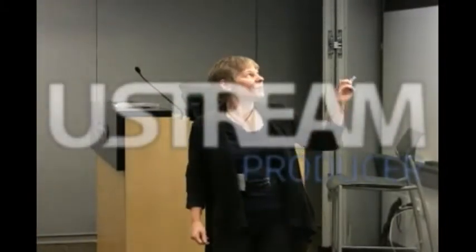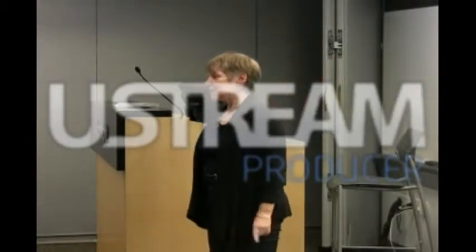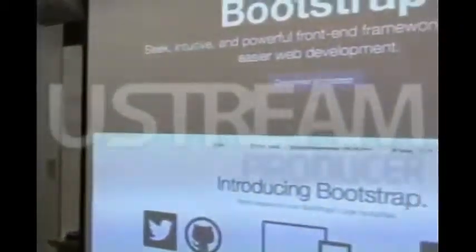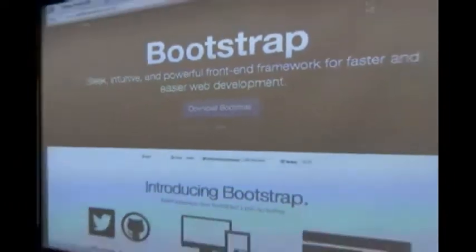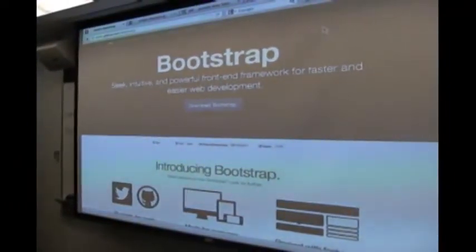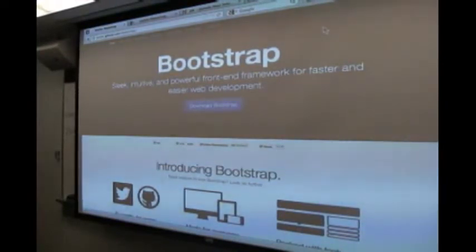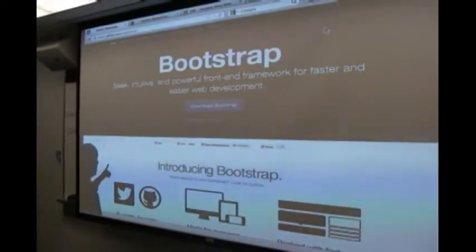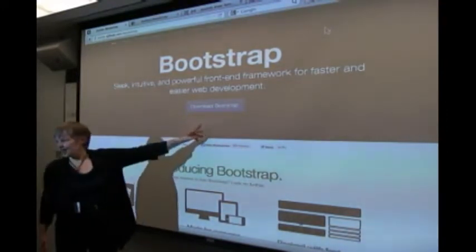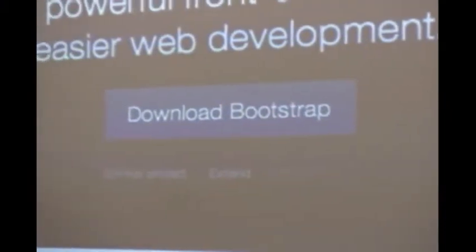Okay, so that looks a little better, and it looks like the font on there isn't all the jagged edges and stretched wacky. Okay, so this is Bootstrap. You can get to this just by putting in twitter.github.com/bootstrap, and from here you have the ability to download just the necessary files to actually run it, which would be the JS and the CSS. Or you can go to their GitHub project here with that link, and that will let you download all of the source, which has the less files,